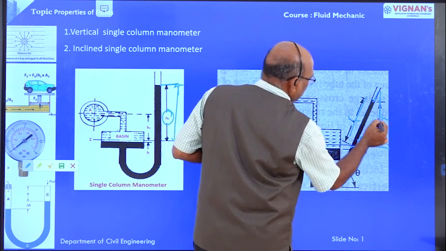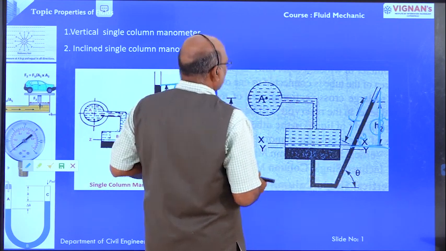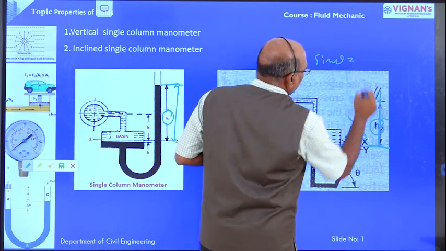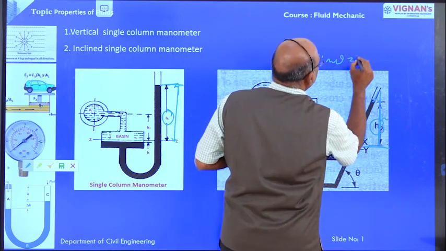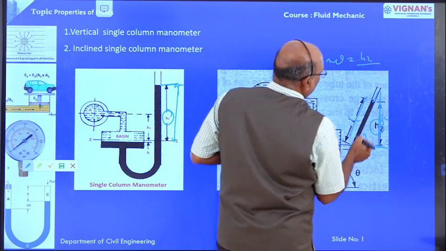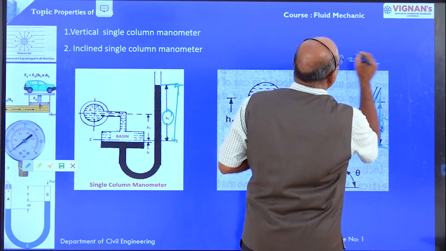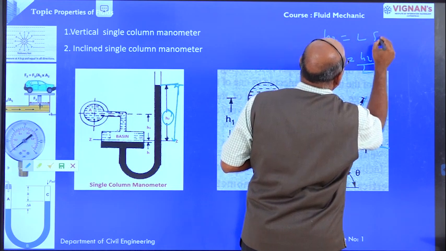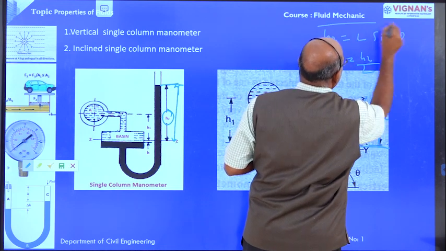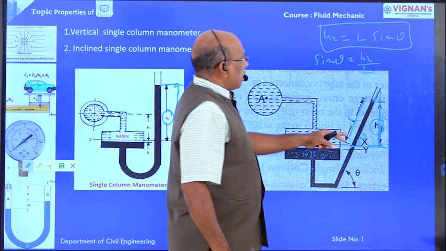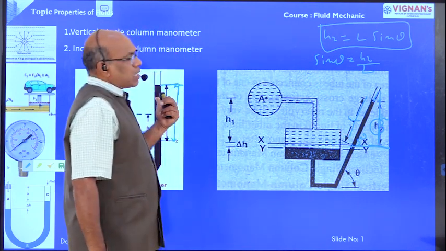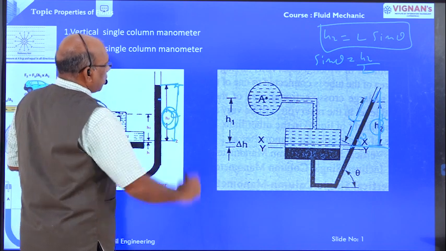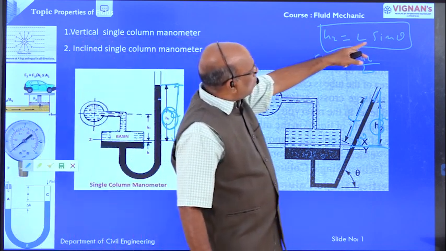Only we are going to determine H2 here as compared with the single column manometer. Here sin theta is equal to the opposite side H2 divided by the hypotenuse L. Therefore, H2 is equal to L sin theta. This is the only difference as compared with the vertical single column manometer. In the vertical single column manometer we get the value H2 directly, but here H2 is equal to L sin